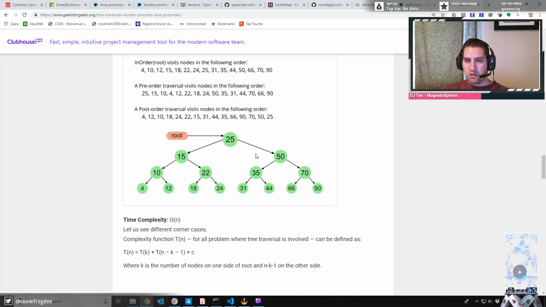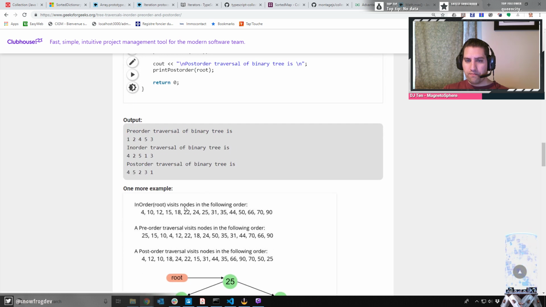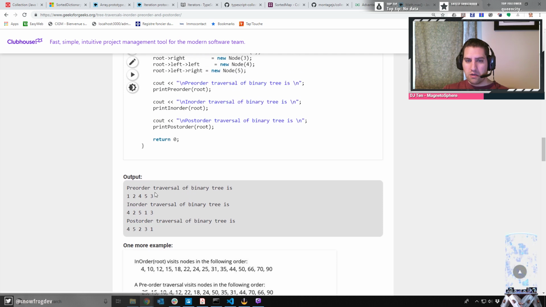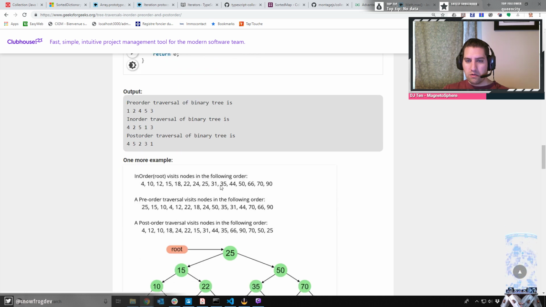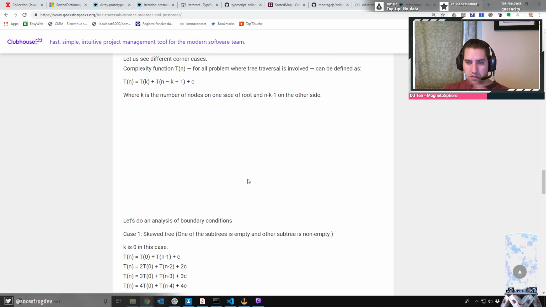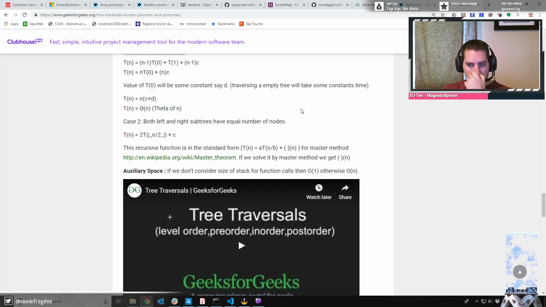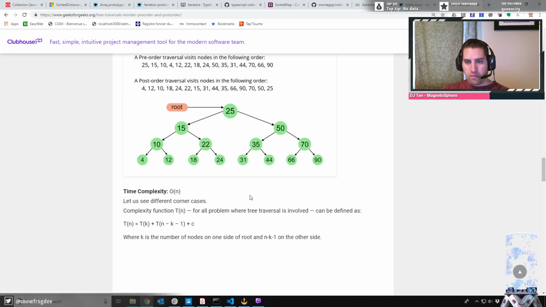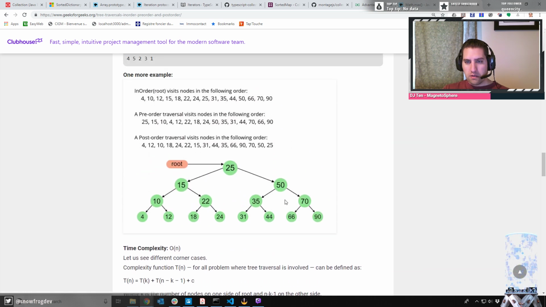This is an example of binary search tree, yeah. Of binary tree, okay. 1, 2, 4, 5, 3, 1, 2, 5, 5, 5. So none of them give us that. That's interesting. If you do this, that, this,